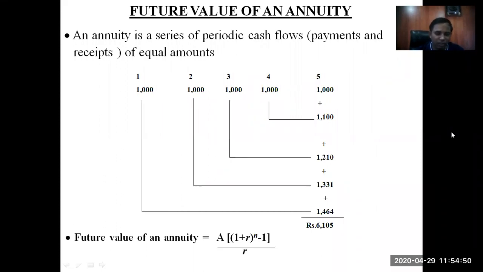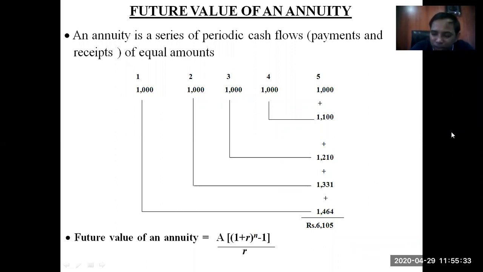So if I'm supposed to make a periodic cash payment, or if I'm supposed to receive a periodic cash flow, but it is not uneven. It is the same amount that I will be receiving today, after 8 years, after 10 years, after 15 years, after 20 years. It is going to remain the same. For example, your LIC premium is always the same. It does not change with respect to time. So your LIC premium remains the same.